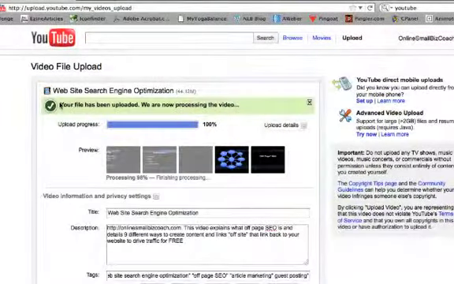As you can see, your file has been uploaded. We're now processing the video. This is sometimes really quick, sometimes it takes some time. It depends on how many people are in line uploading videos, basically, how many are in queue. And you can see the processing time down here, but the important thing, the thing that most people don't do,